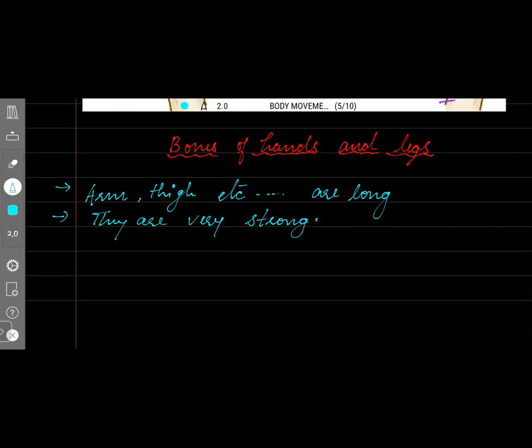You can lift a heavy weight, you can run. Okay, if it is very big, you cannot run, you cannot walk. Your whole body weight is on your leg, right? So the leg bones are strong. Even the fingers, think about somebody in a circus, you could have seen they are standing on fingers or something. Okay, they can stand on hand, upside down, they will do somersault. In Olympics you can see they're doing gymnastics. So all these things are done by these bones, which are very strong, and they help us to do a lot of functions. Okay,